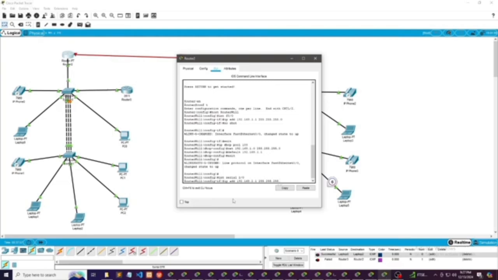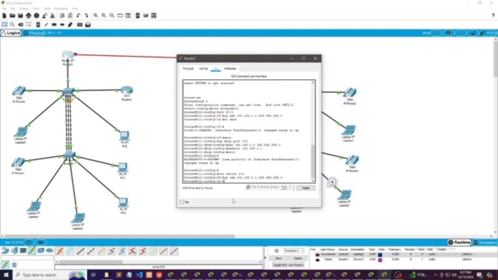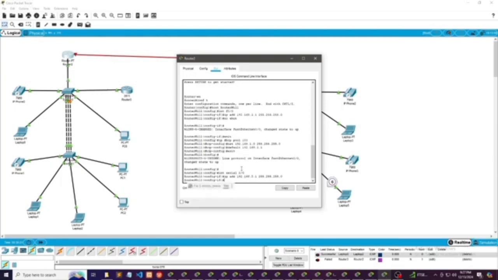After typing the IP address, we type the clock rate again, which is 64,000. 64,000 is our clock rate here. And then press enter. And then after that, type no shut, then enter, type exit, then enter, then exit. Then after doing it, enter, then you can minimize it.